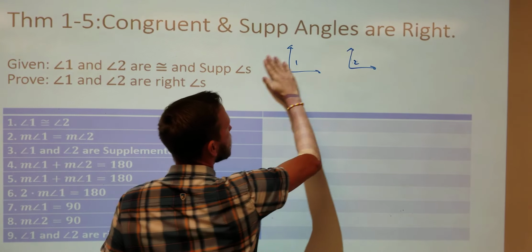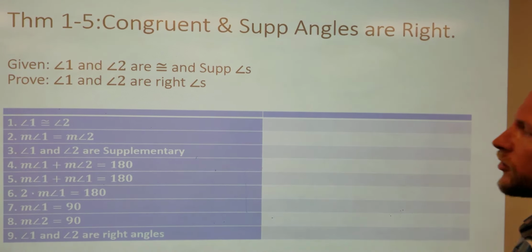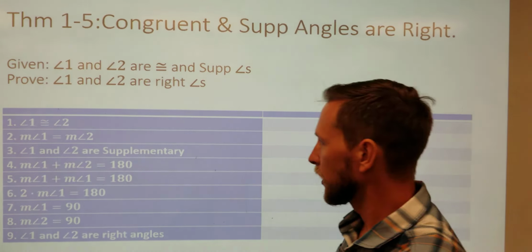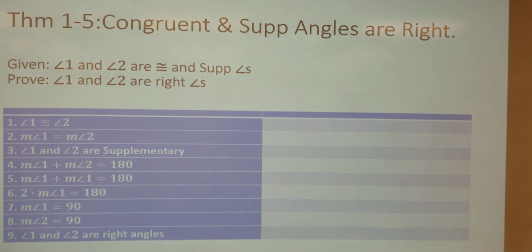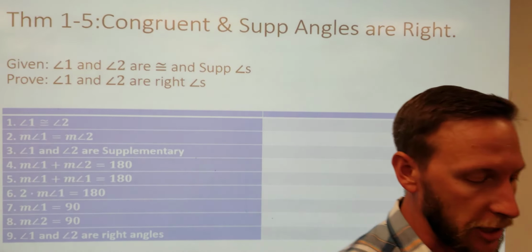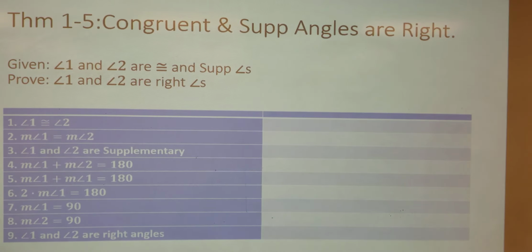Theorem 1.5 says angles that are both congruent and supplementary are right angles. Here are the statements. And so I'm going to talk us through this, and your job is going to be to fill out the second column. All right? So first of all,